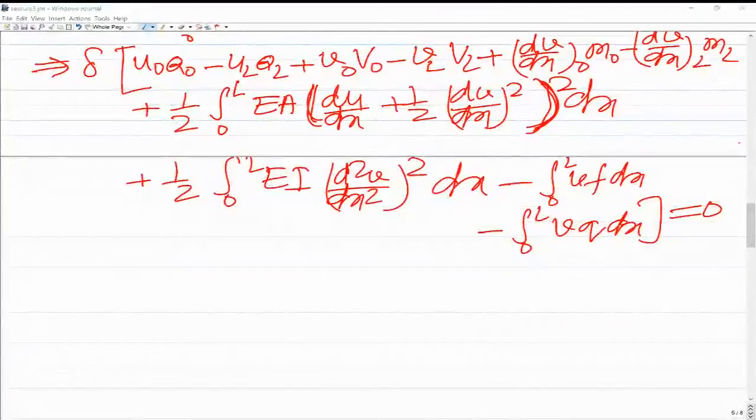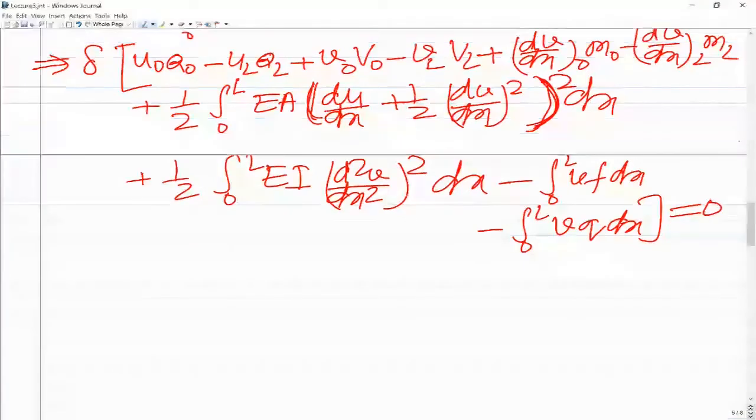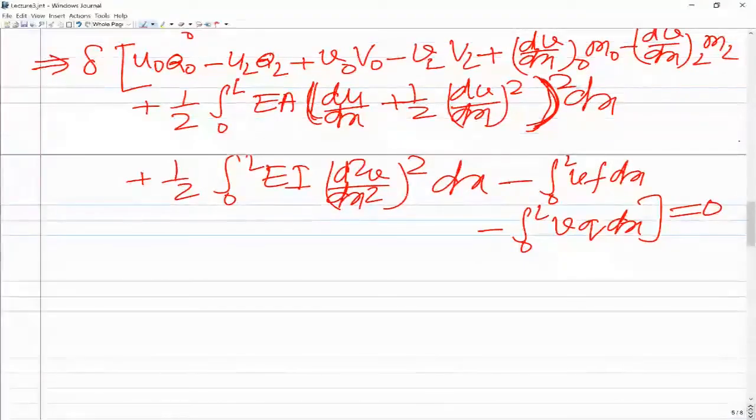How I am writing the inside term in the delta, combining the two EA terms together. Yes, sir, it's a simplification. So now you can say that this can be written as delta of I equal to 0,